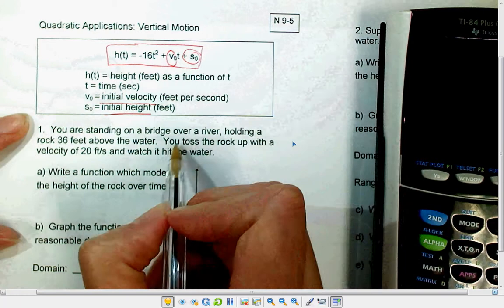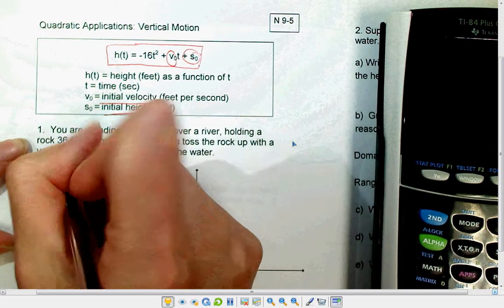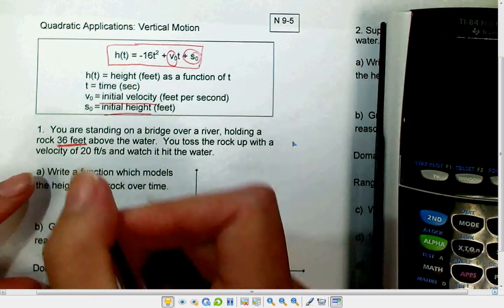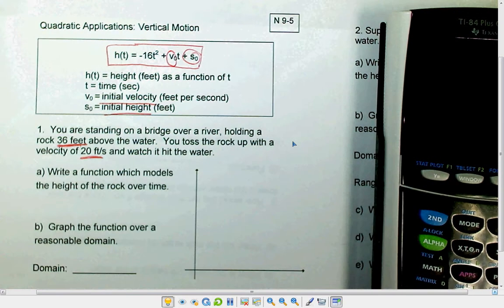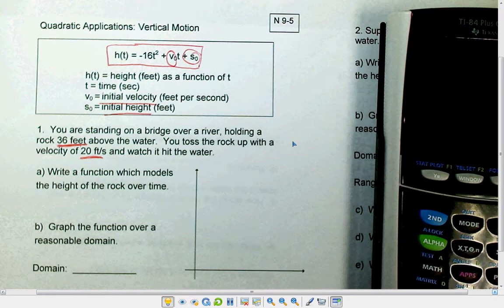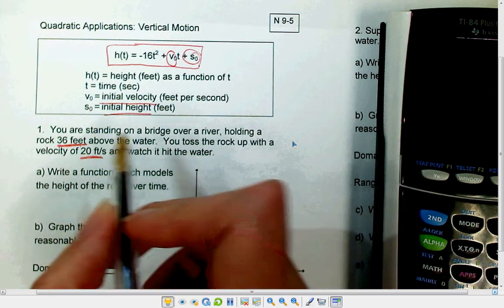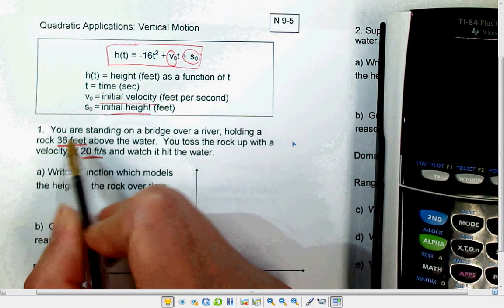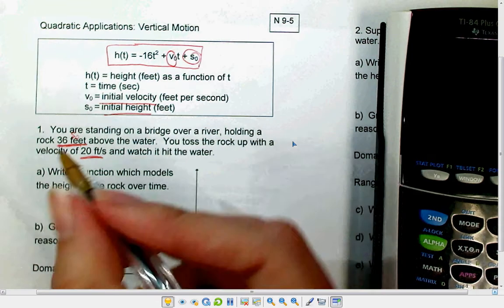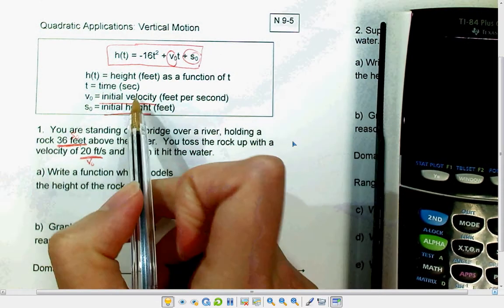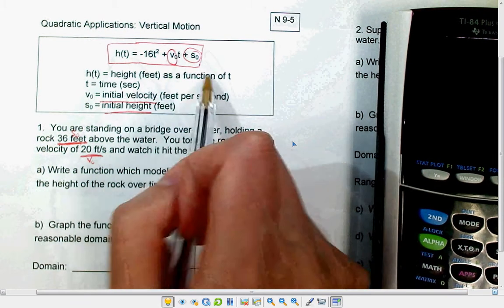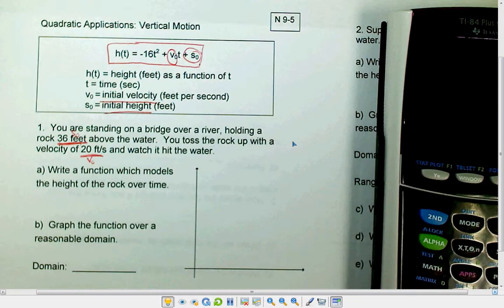You are standing on a bridge over a river, holding a rock 36 feet above the water. You toss the rock up with a velocity of 20 feet per second and watch it hit the water. Write a function which models the height of the rock over time. So there's two things that we are given. 36 feet above the water, which is the initial height. So this is S naught. V naught is your initial velocity, and that's your 20 feet per second. So these are the two numbers we're going to plug into this equation when we're writing the equation for this